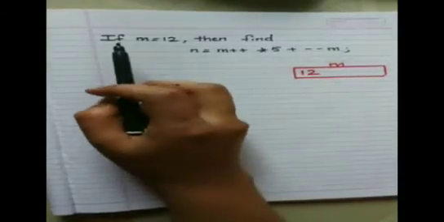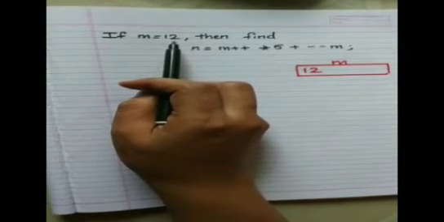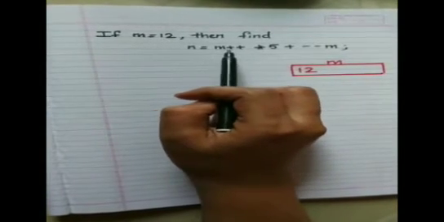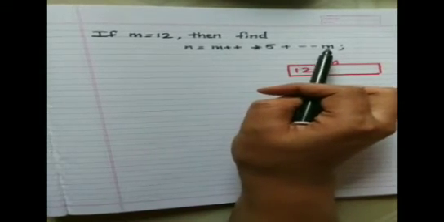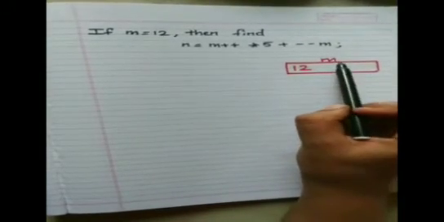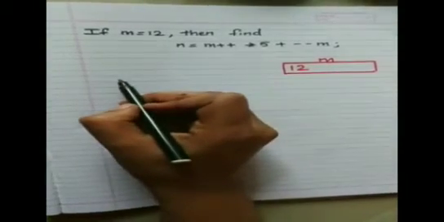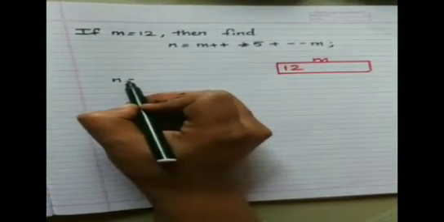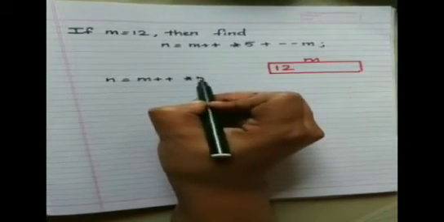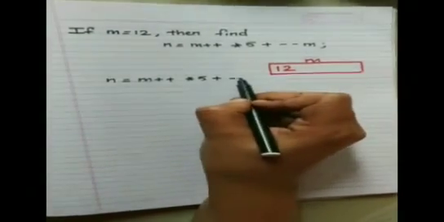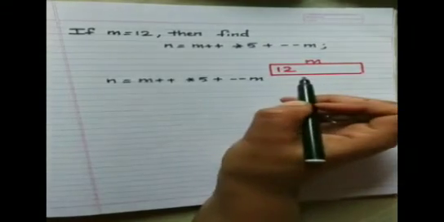Your next example is, if M is equal to 12, then find N is equal to M++ * 5 + --M. So your initial value of M is 12. So we'll rewrite it again. N is equal to M++ * 5 + --M,